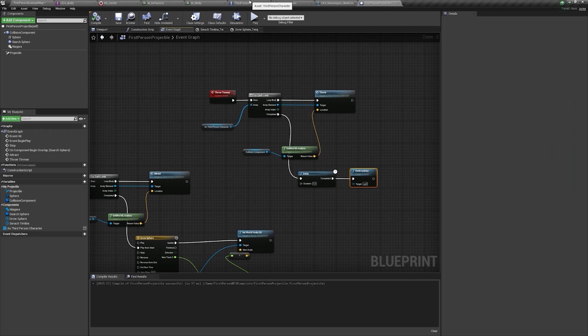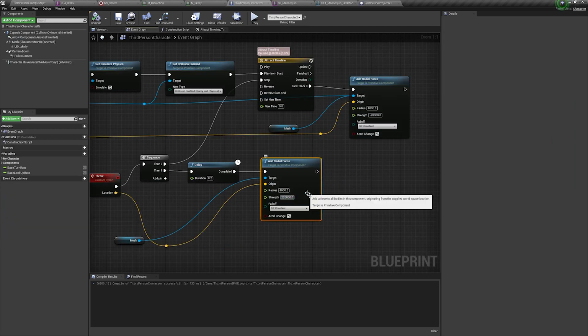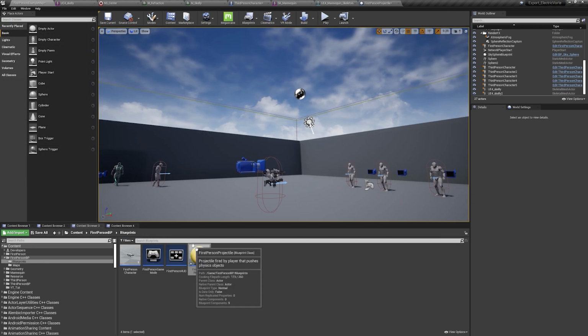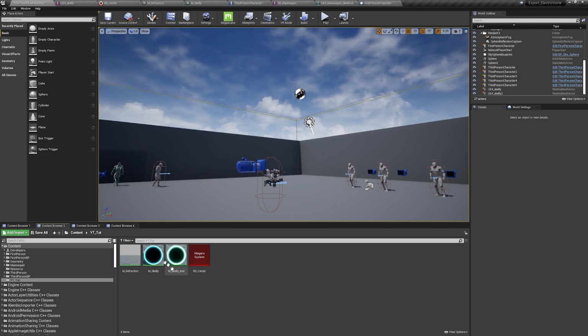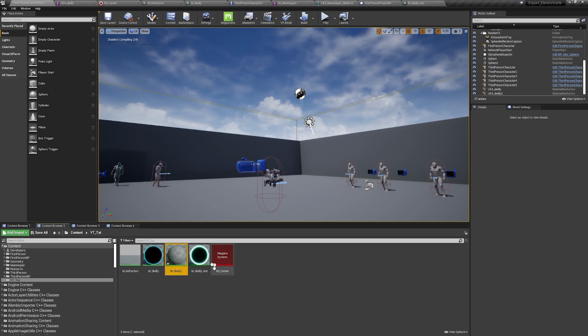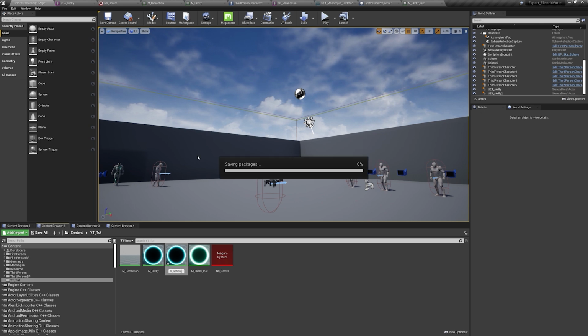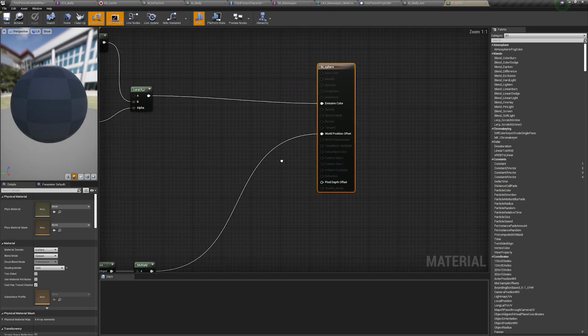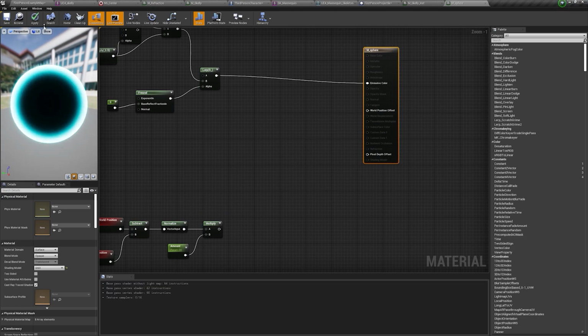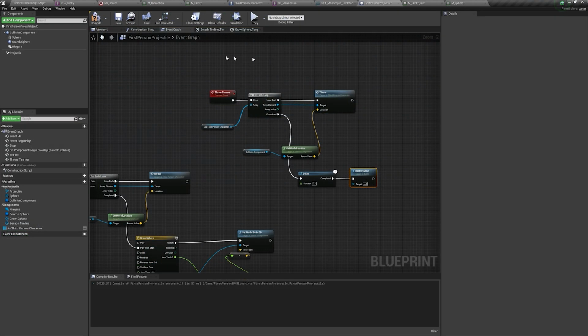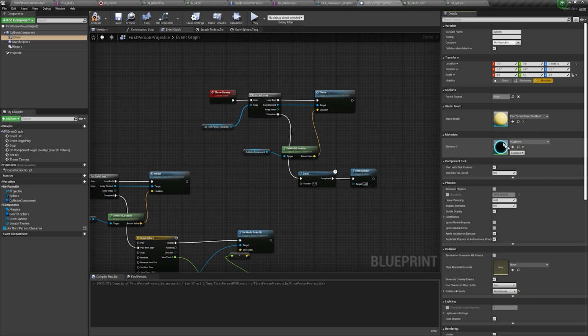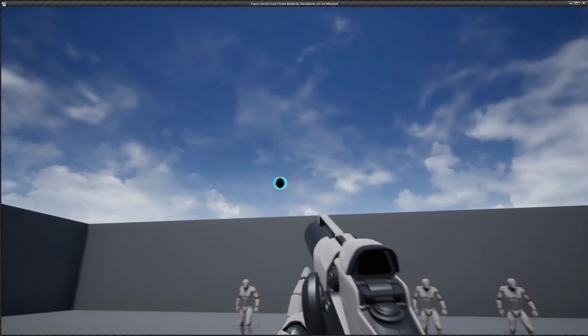So now we will just reduce the throw strength like this. And we can also make a material for the projectile. So we can actually use the skeleton material. So just duplicate that, and I will call this sphere. Then open it, and we don't really need the world position. Now click apply. Then add this to this sphere like this. So now if I press play,